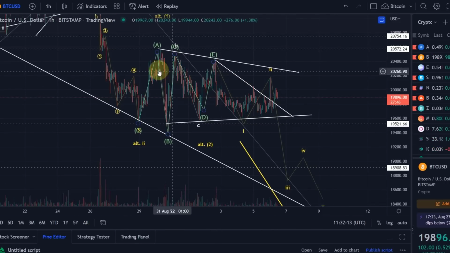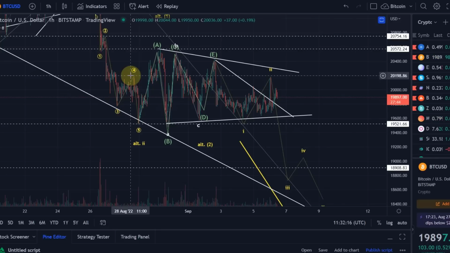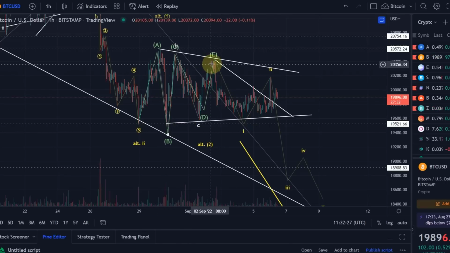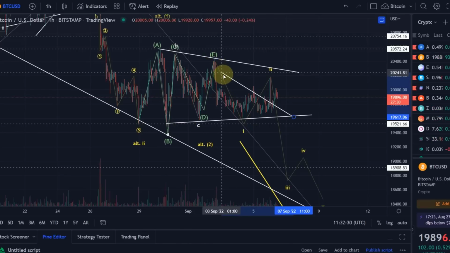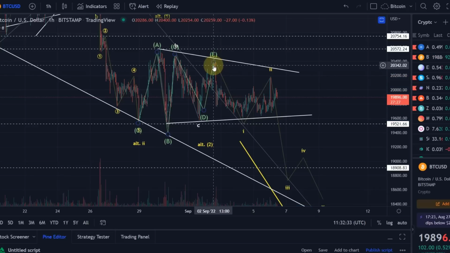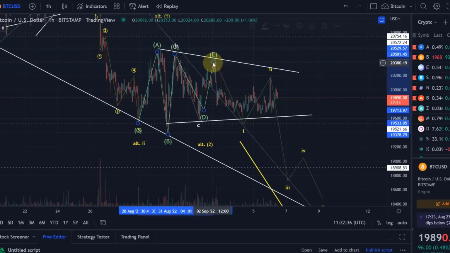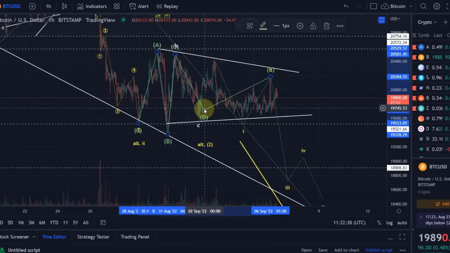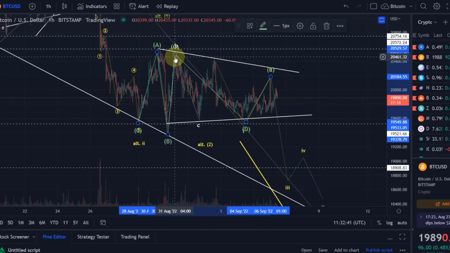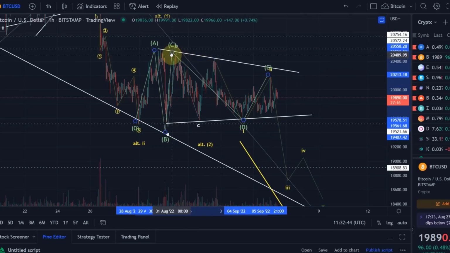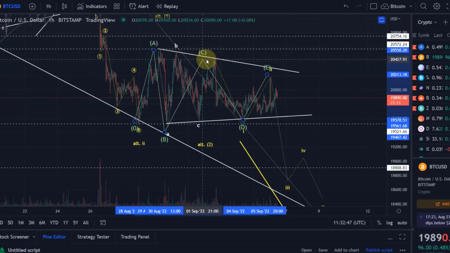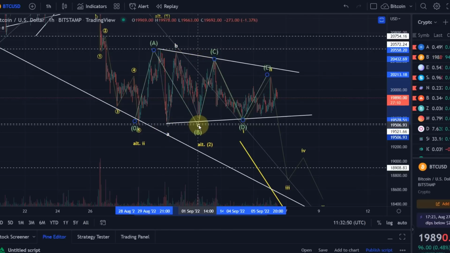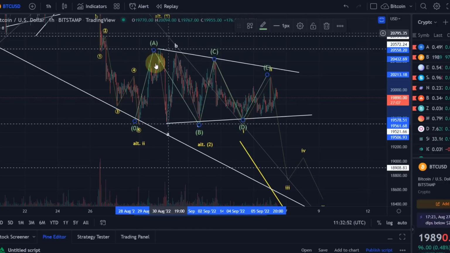In situations like these, it is best to drive on sight, especially if you have a chart like Bitcoin, where really numerous different possibilities are possible. So as I said, it could very well be that we see this entire price action as a range, as a sideways triangle. So basically we could say that, take that line out, it could very well be that the wave E of the triangle actually peaked here. The wave D was then here. The wave C actually peaked here, and the wave B was in fact here.